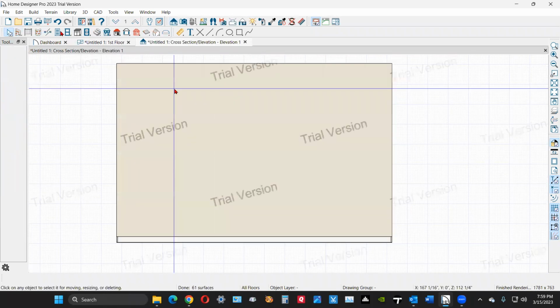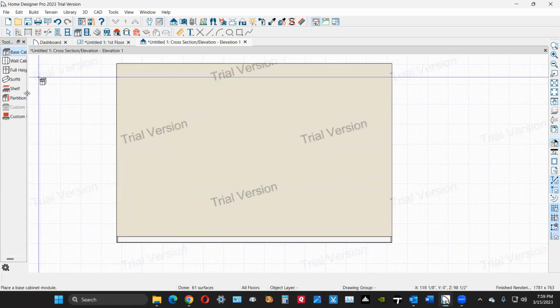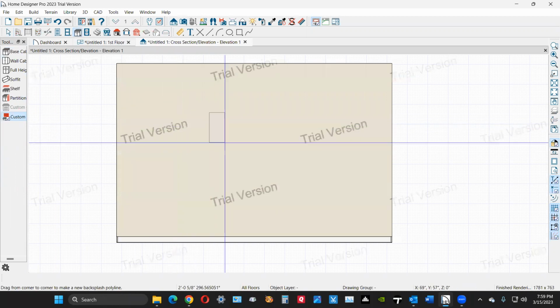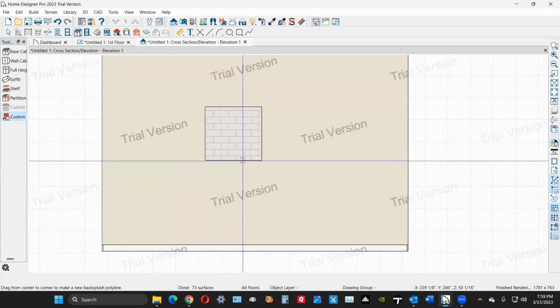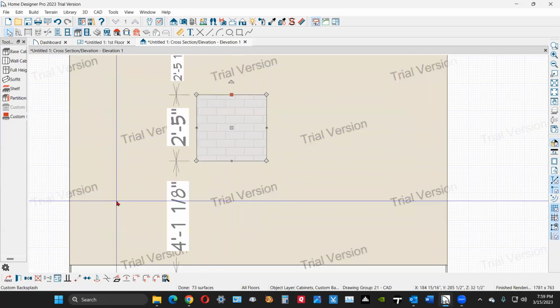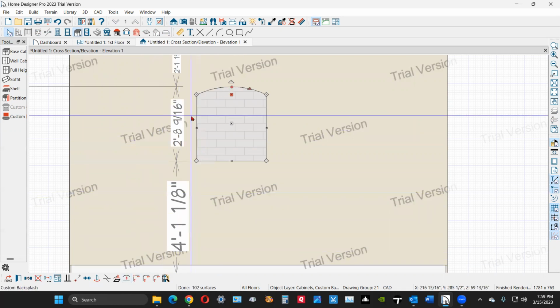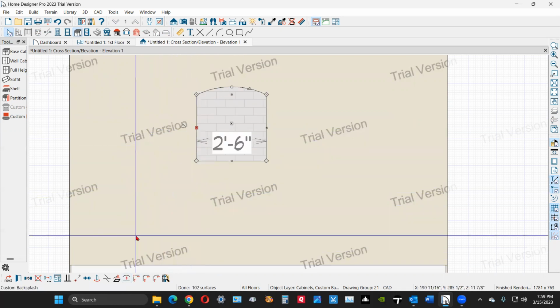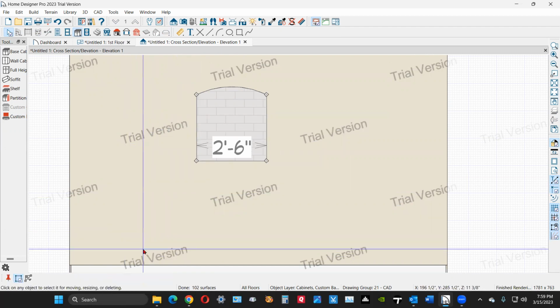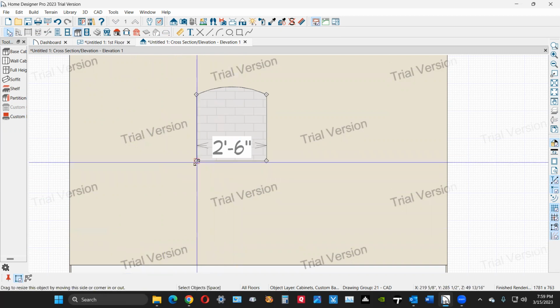Okay, now I'm gonna go over here to the custom backsplash. So you can create that, and by using the various tools, you can change the shape of it. I remember one of those pictures you, let's see, what is,